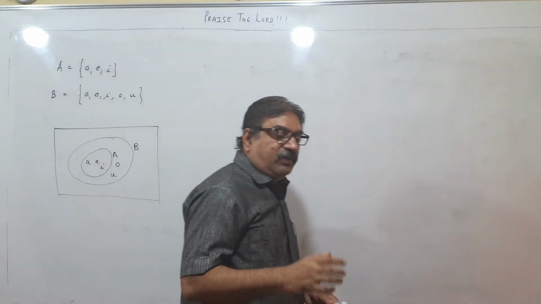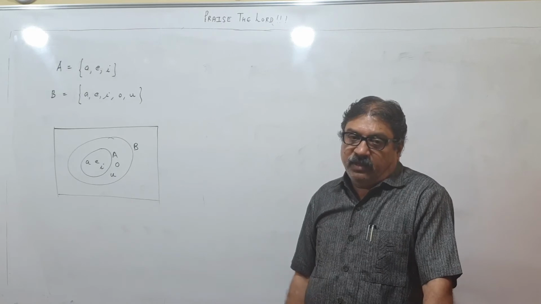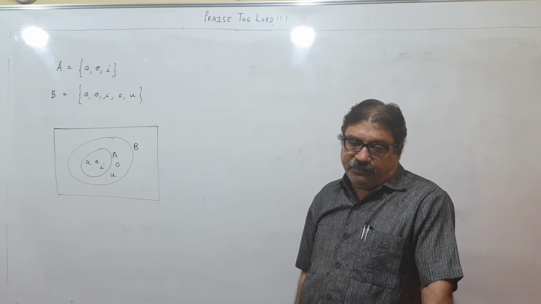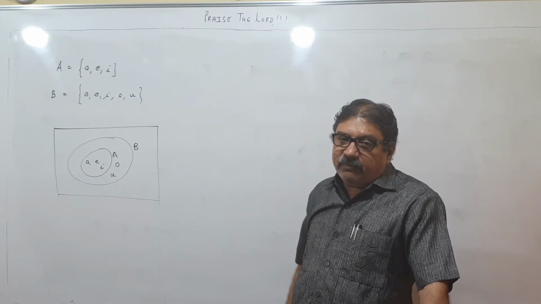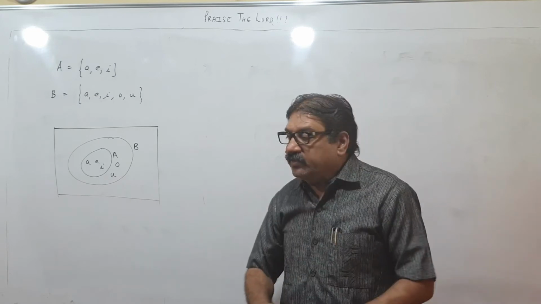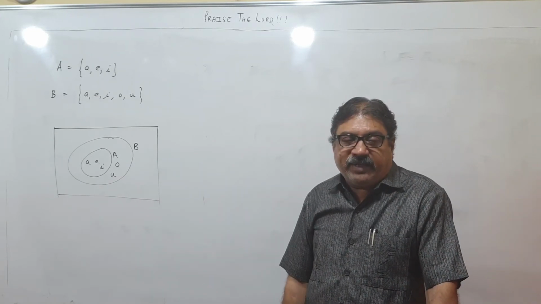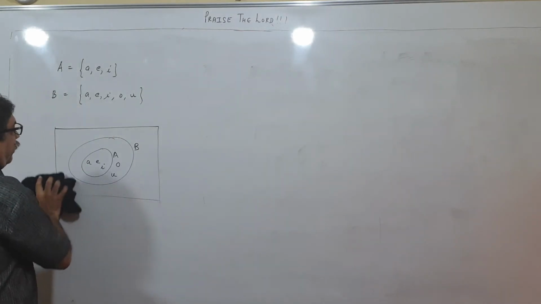If A is a subset of B, we have to think nicely. Just look at the members and then decide how to draw the circles. We will have to be a bit cautious, that is it. So if you have understood how to draw Venn diagrams, there can be 3 sets also, 4 sets also. We will come to that in the exercise. I just wanted to give you information about the Venn diagram, what it is and how it is helpful. A pictorial view we get.